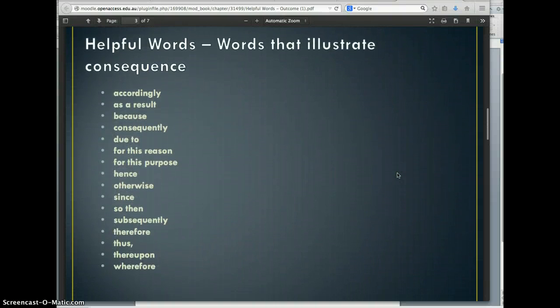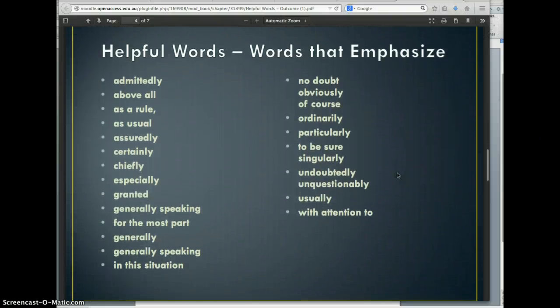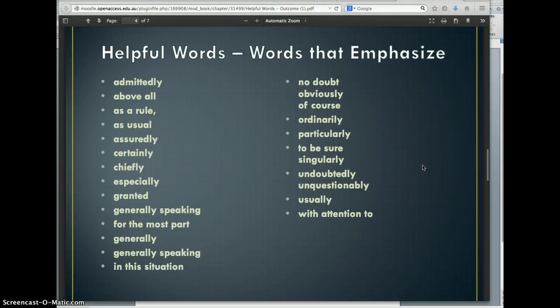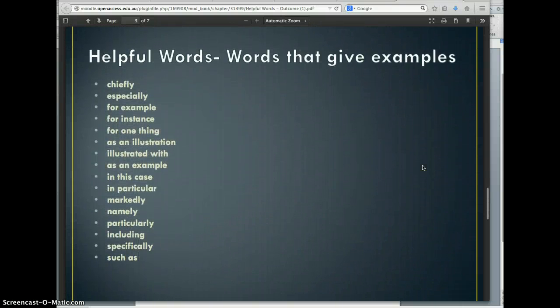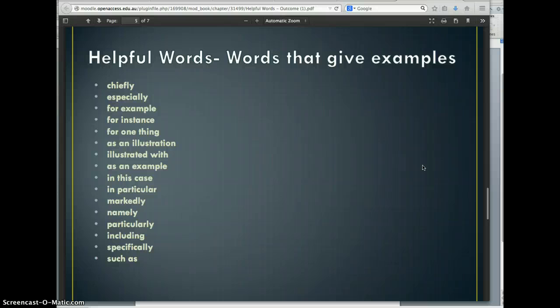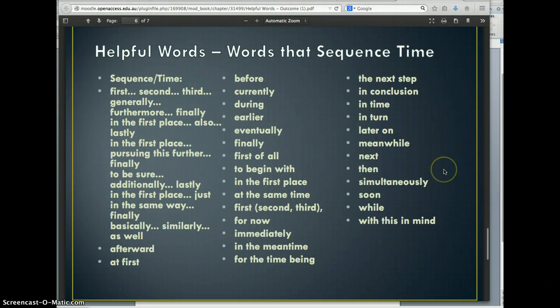Words that illustrate consequence, accordingly, due to, for this reason, hence, subsequently. Words that emphasize, admittedly, above all, especially, particularly. Words that give examples, chiefly, especially, illustrated with, in this case,